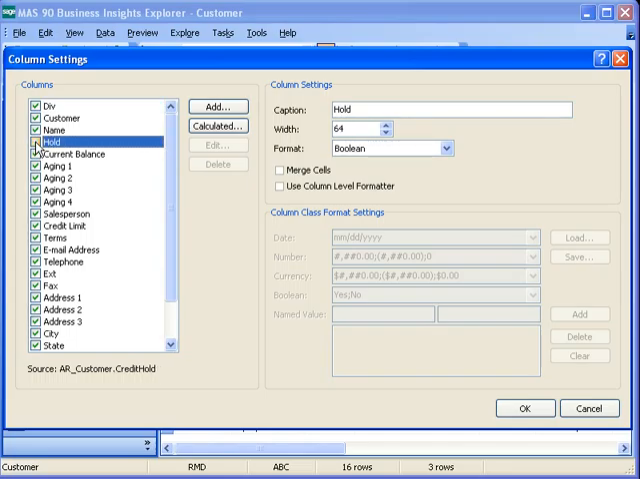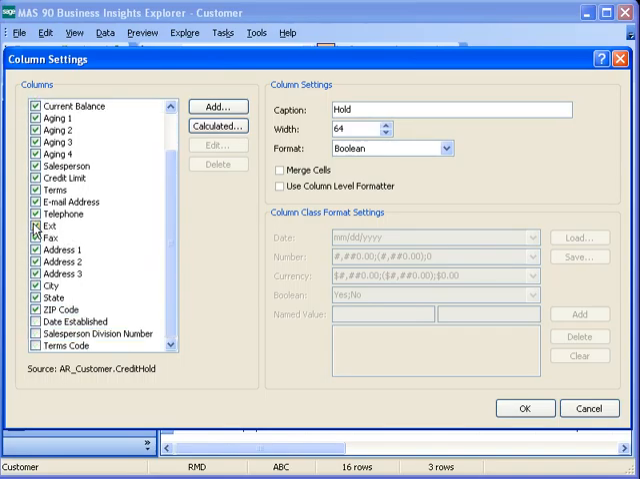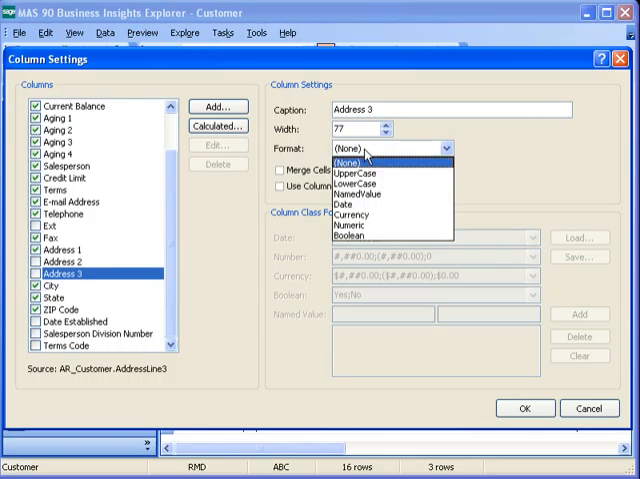So in this case, if I do not care to see any customers that are on hold, I don't need their extension, and I'm not too concerned with the second and third address fields, I can simply deselect them. I can also maintain the column headings for each, the available width that will be displayed on the views in case some fields are longer or need to be expanded,